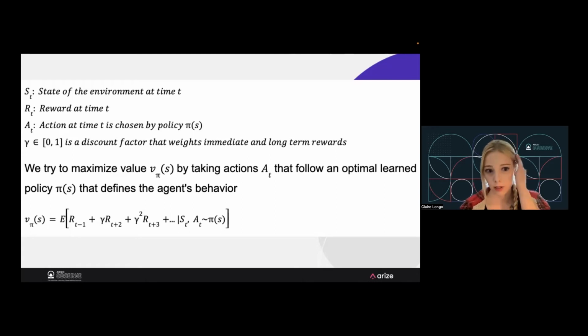What reinforcement learning really seeks to do, and just representing it mathematically here, is it tries to create this policy, define this optimal policy based on the rewards that it's seen from different actions that were taken. So through trial and error, it will start to converge to this optimal policy. And we're really just trying to mathematically optimize this value function here that I've represented.